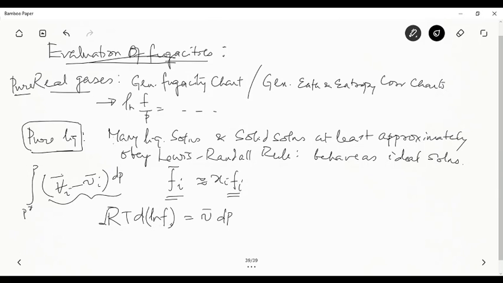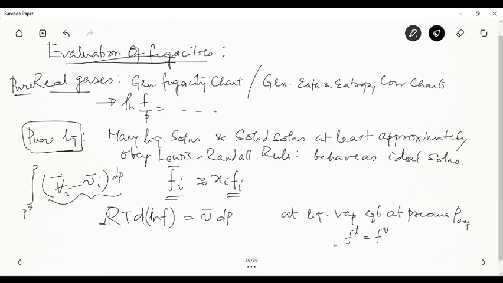Now, this reference state can be a state where the substance, the liquid, let us say, for example, is in equilibrium with its vapor. Okay, so then at liquid vapor equilibrium at some pressure P ref, the liquid vapor equilibrium would say that at that condition f_L is equal to f_V,